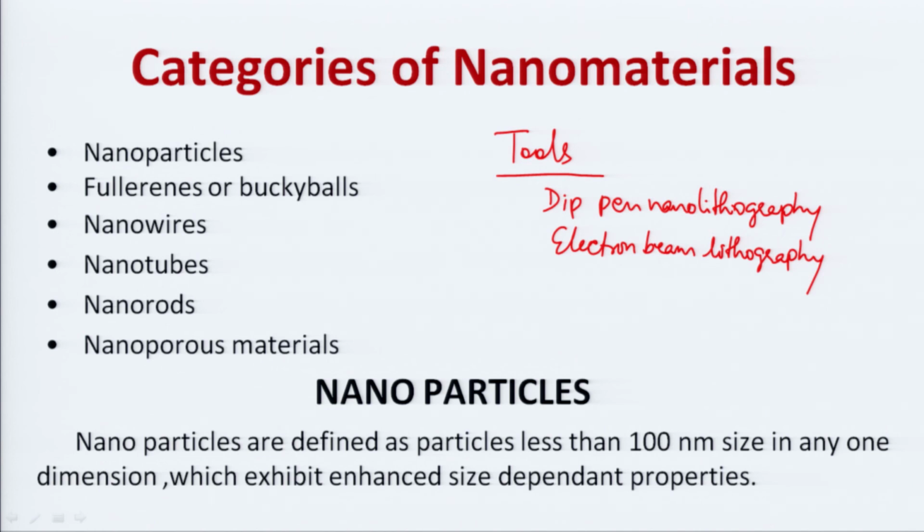Apart from that, while preparing the nanomaterials, there are other methods by which they are generated. How are they generated? We take a milling method, a milling technology. What is the milling technology? We take a cylindrical vessel which rotates at a definite RPM, revolutions per minute, in which we keep pieces